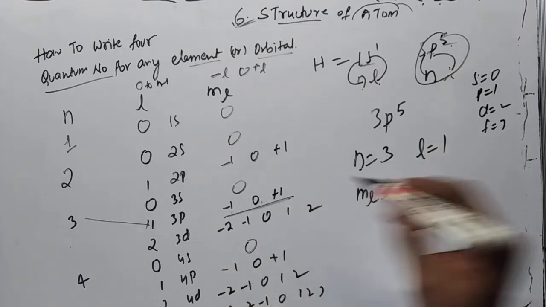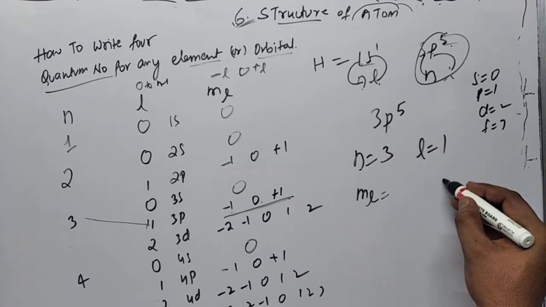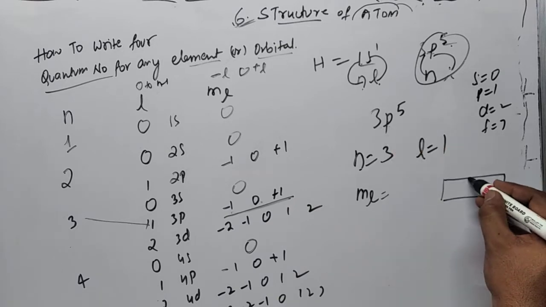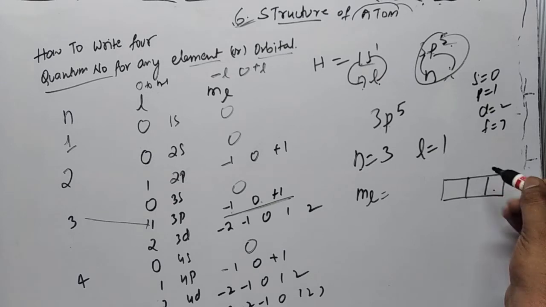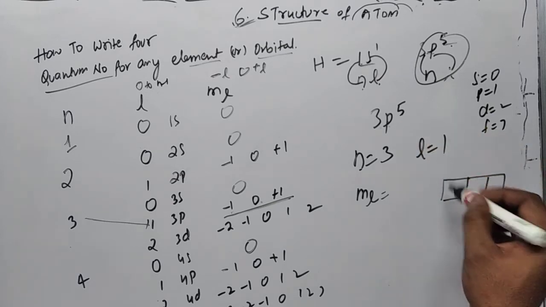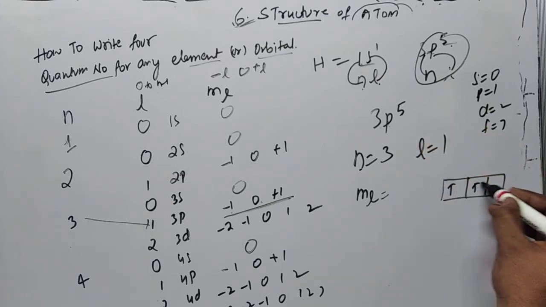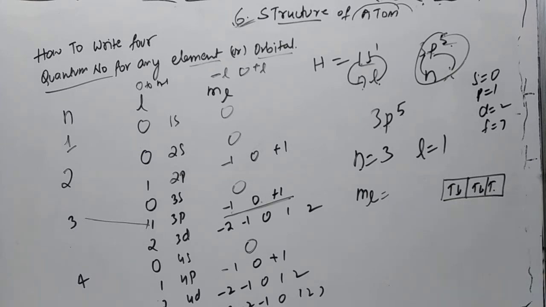Minus 1, 0 or plus 3. So you just better draw the 3p orbital. In the 3p orbital, as per Hund's rule, we have 5 electrons. So we will be filling the 5 electrons: 1, 2, 3, 4, 5. So now we have to find the